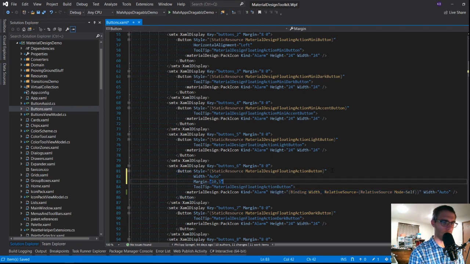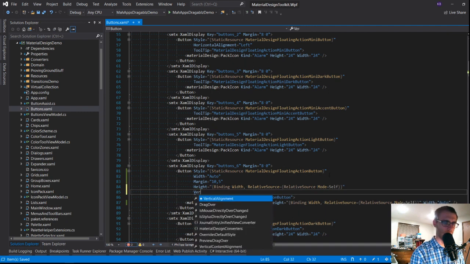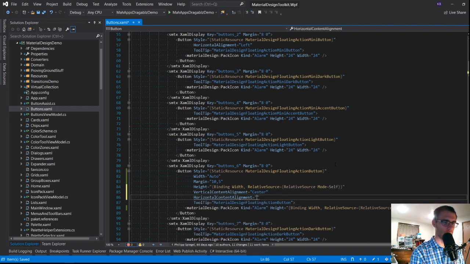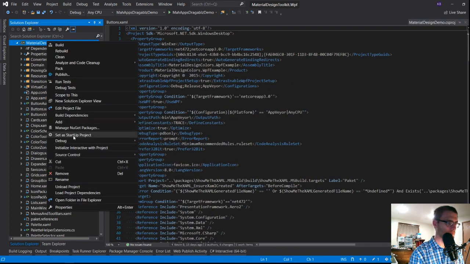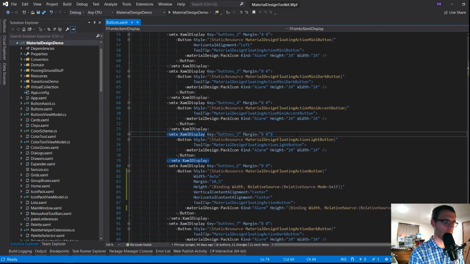So for the button, it is matching it. There's some background brushes, some border brushes, and then vertical content alignment is being set to center, and horizontal content alignment is also being set to center. Okay, I think that covers it. Let's just make sure we're back into the broken state.